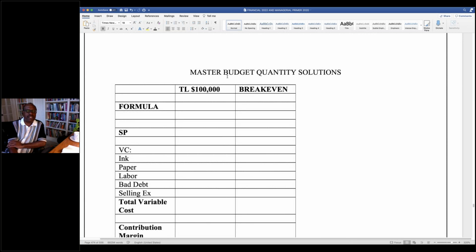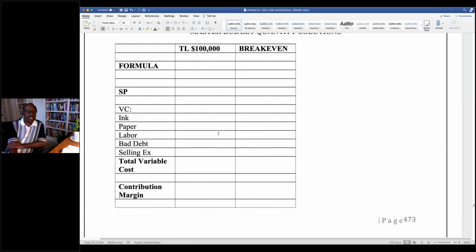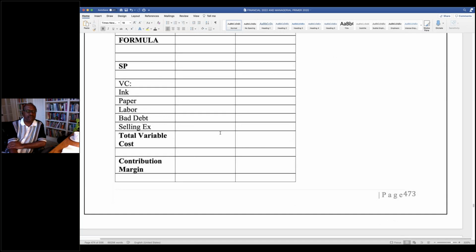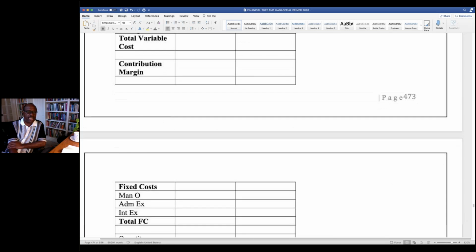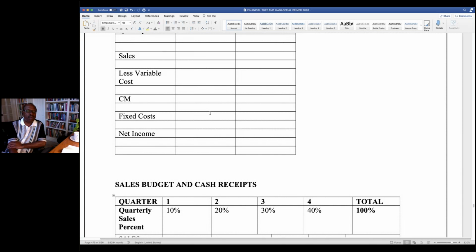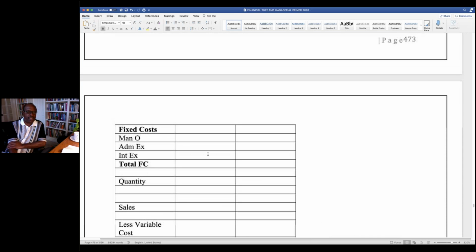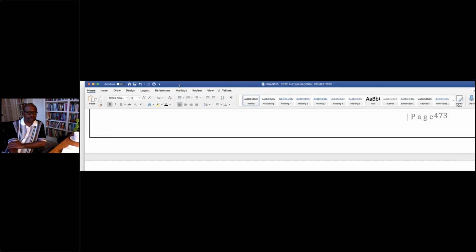And so sometime in terms of master budget quantity solutions and everything, this is a nice little template to use. So it's in the next chapter in terms of laying everything out and coming up with your quantities and everything. But these costs being correct and your quantities calculated being correct are very important. So in that regard,